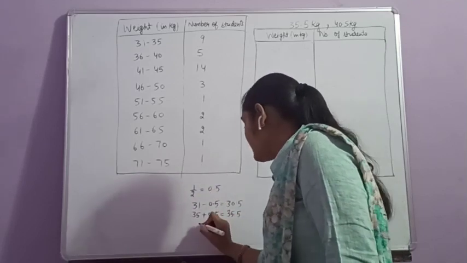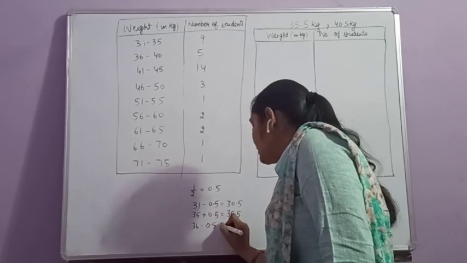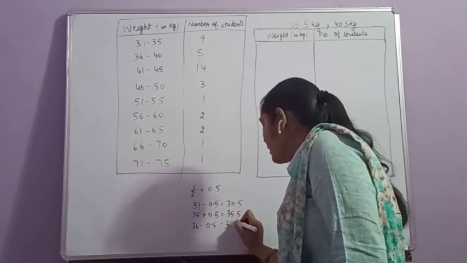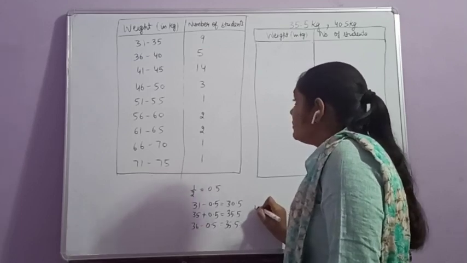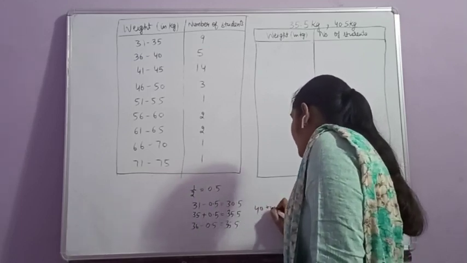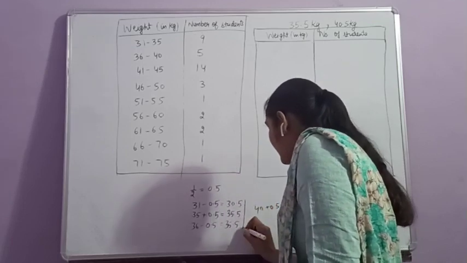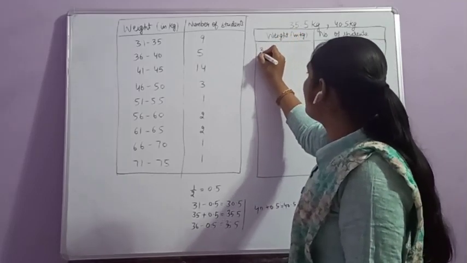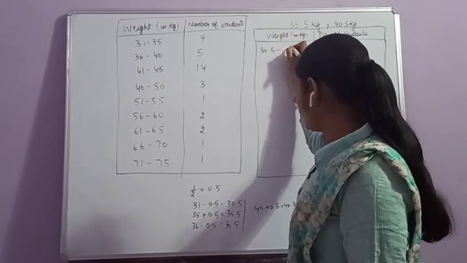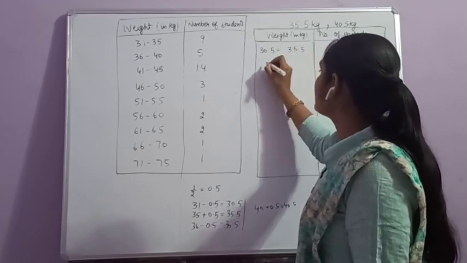Similarly, for the next class interval, 36 minus 0.5 is equal to 35.5 and 40 plus 0.5 is equal to 40.5. Clear? Then the class interval can be written as 30.5 to 35.5. Similarly, the next class interval will be